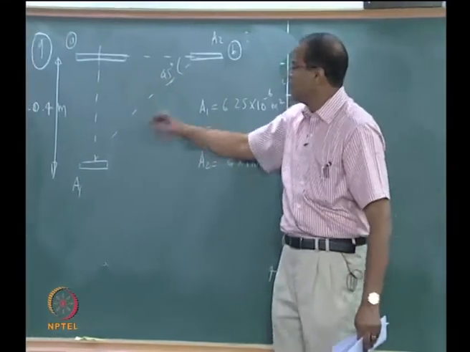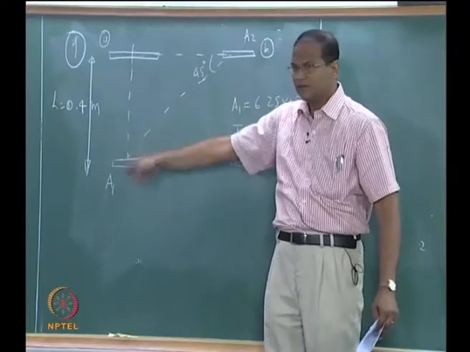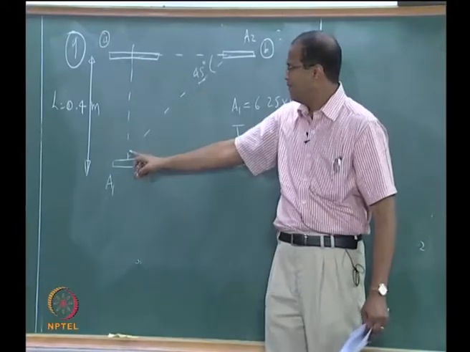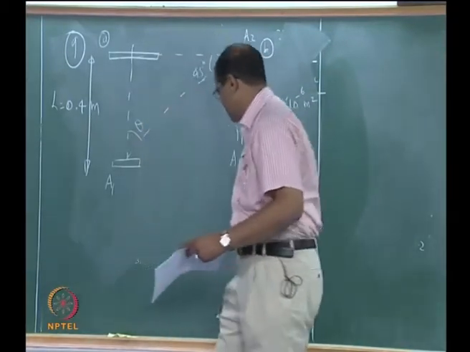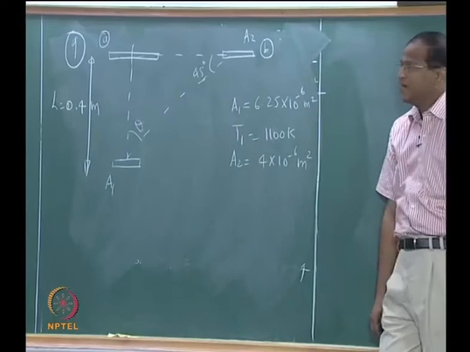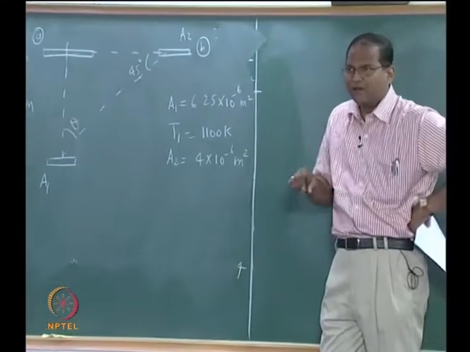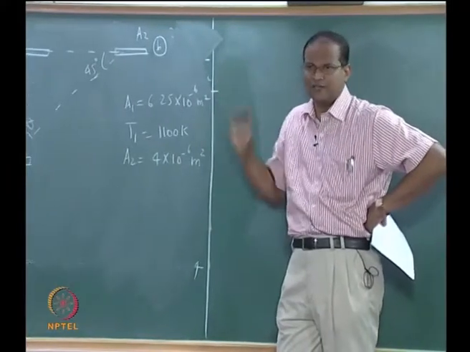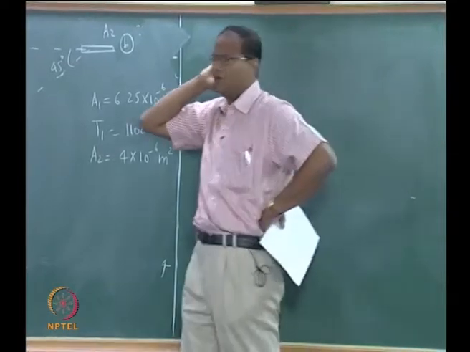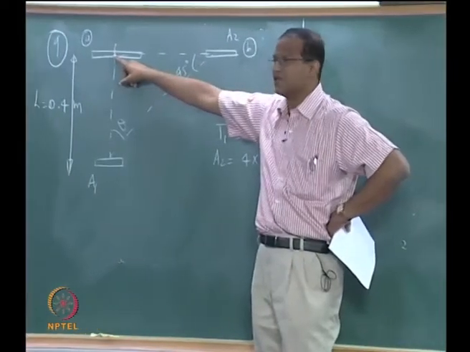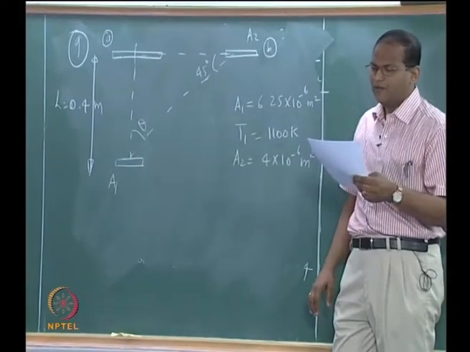Now when it is at position A, then it is normal, right, it is normal, and this is your theta. When it is normal, it is intercepting some radiation power which can be measured. I have an instrument to measure that, I will give you that value. From that value you will be in a position to find out what will be the emissivity corresponding to theta equal to 0 for this surface. Are you getting the point?